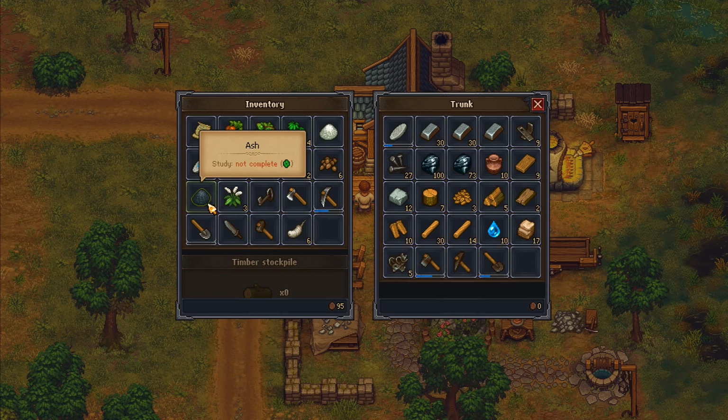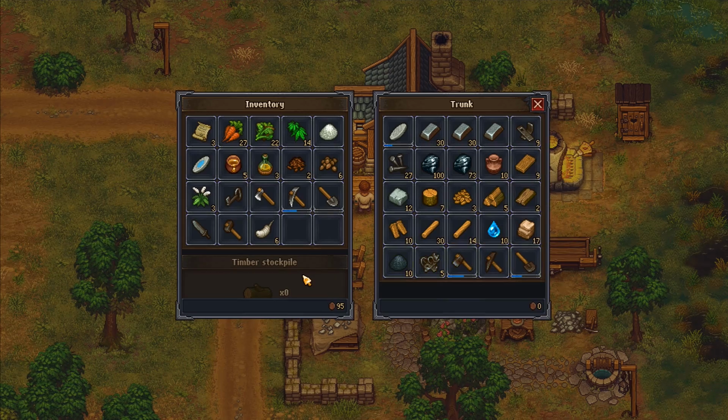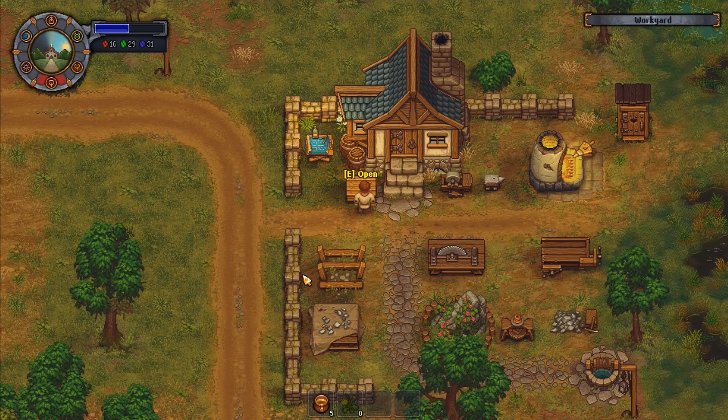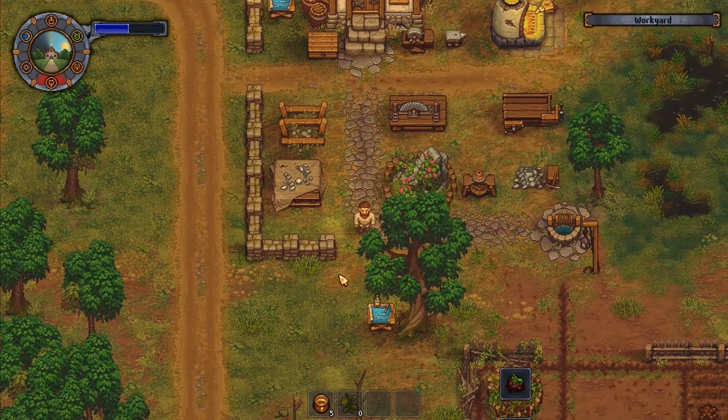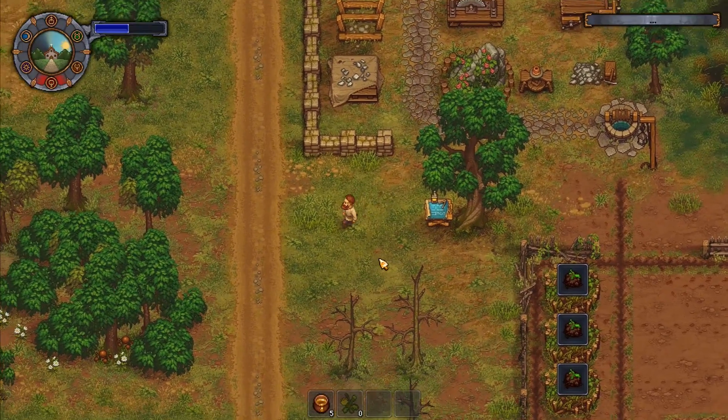We've got the hiccup grass, which we need to go and speak to the merchant about. The ash can stay there. Right, and then these haven't been studied either. So we've got a lot of stuff that we're going to need to study. We've also got a whole load of other bits and pieces as well. It's now daylight, and I still haven't been to...